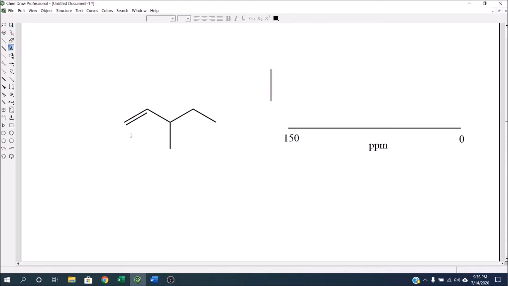So let's go ahead and decide how many peaks this compound would produce in a C-13 NMR spectrum. Well, this alkene is different, so this would be 1 peak. These 2 alkene carbons are different. Here's the only methine anywhere in the compound. This is the only methylene anywhere in the compound. And these 2 methyl carbons are different from each other because one is closer to the alkene and one is